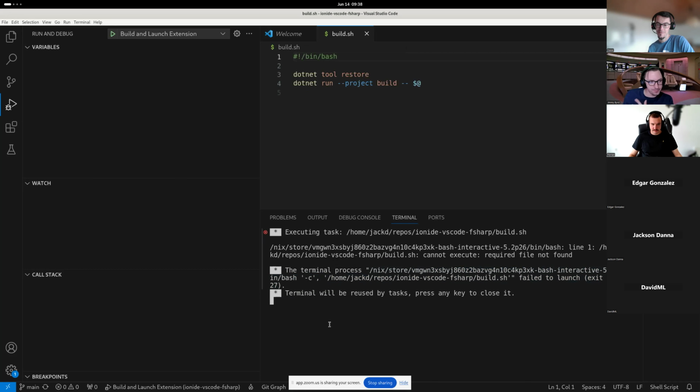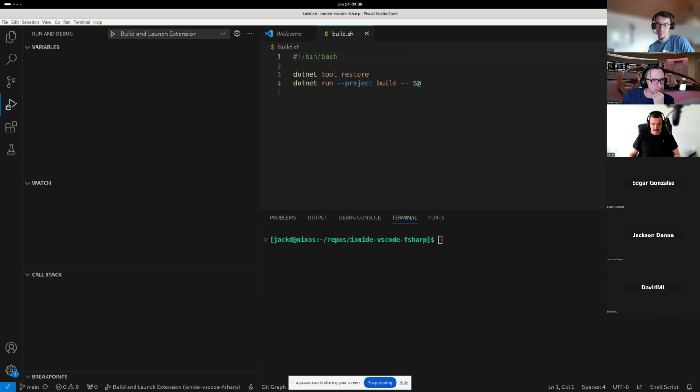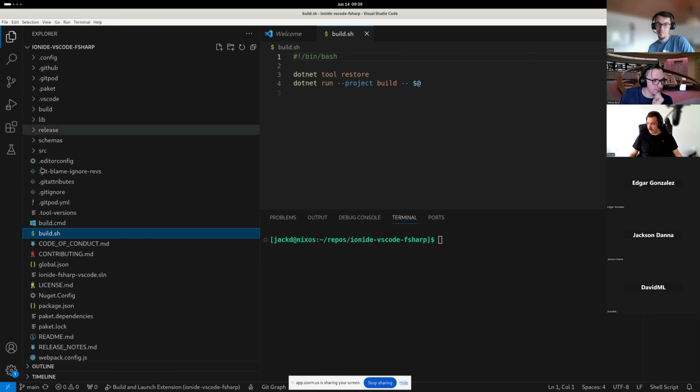Let me see. I think if this is just the command here, I might be able to just run it from terminal. It can be built. So what we want to look under is the tasks. It's either the tasks or the... If you go back to the file view, there's that VS Code folder. Very top, there'll be a .vscode folder.